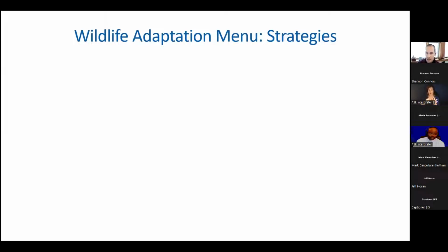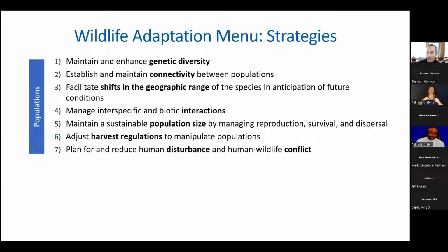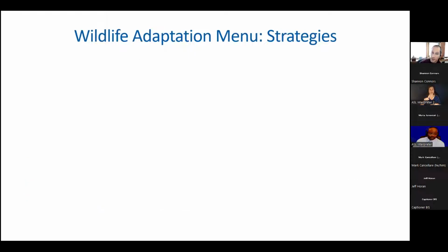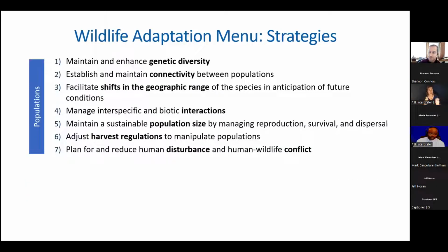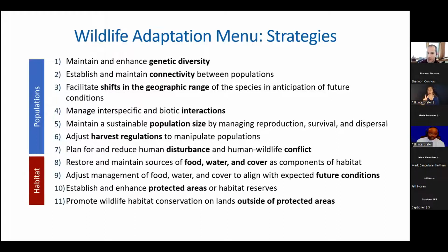There are 13 general strategies in the wildlife adaptation menu. Like I mentioned, the first half or so of the menu is more about population management. So maintaining and enhancing genetic diversity, connectivity, intentionally shifting the geographic range, managing interactions and harvest regulations, disturbance and conflict.